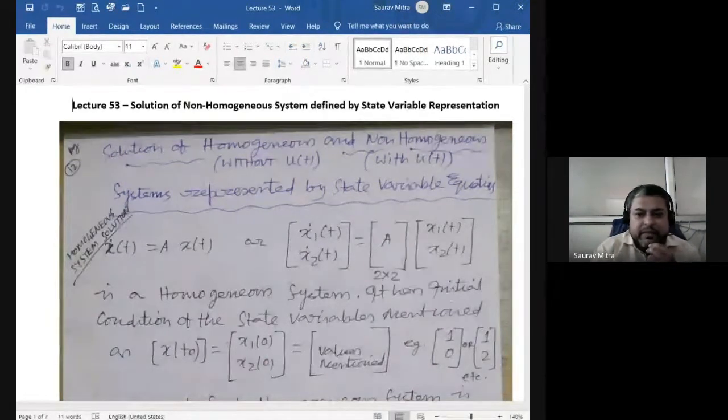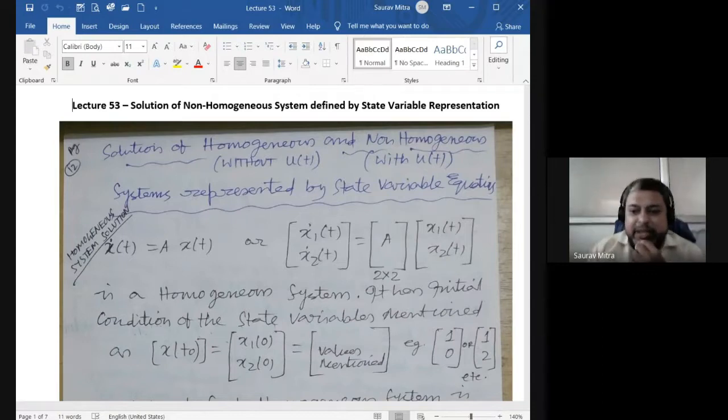So that's all. What we are going to do today is the part which is generally ignored everywhere. That is the solution of homogeneous and non-homogeneous system by using state variable. And if you see the outside world, this is the reason why we do state variable analysis. As this is a little complicated, generally it is avoided. And students also are not confident about it, but I'm giving you this.